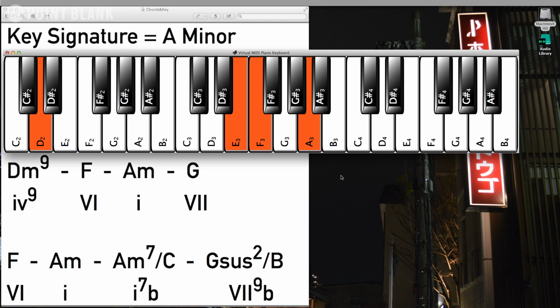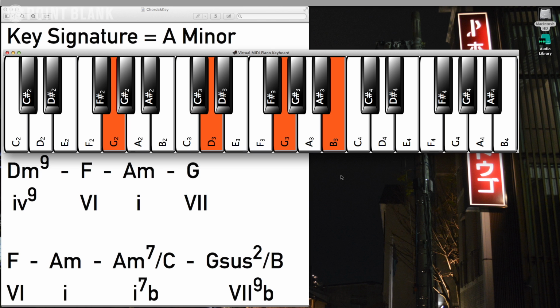So that's why I've defined this. You can see the Roman numerals there as 4. The lowercase means it's minor, the uppercase means it's major. Then we have the F here, and that's the 6th chord. Then we go to A minor, which is the 1 chord, the tonic, and then down to the G, which